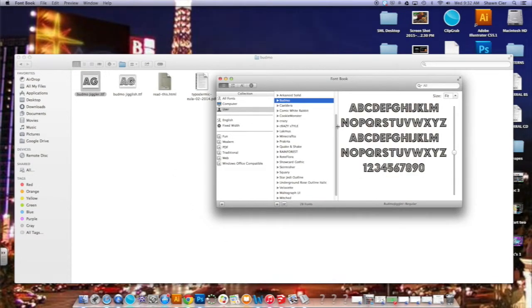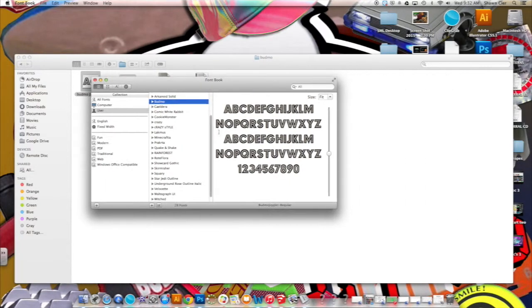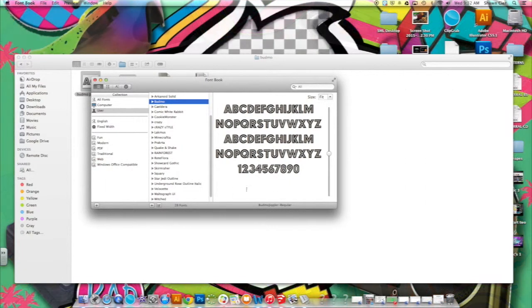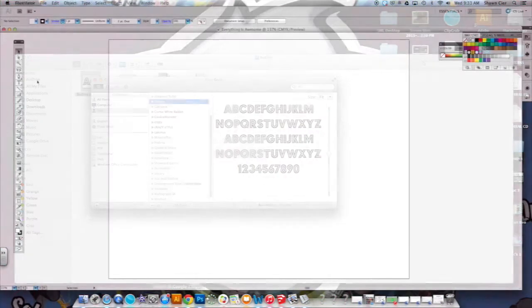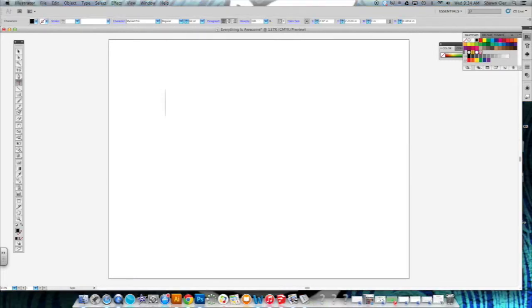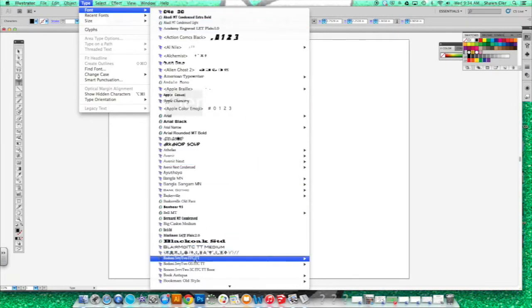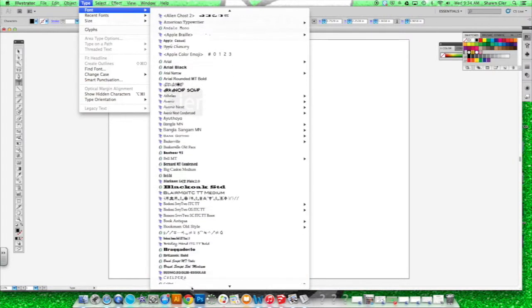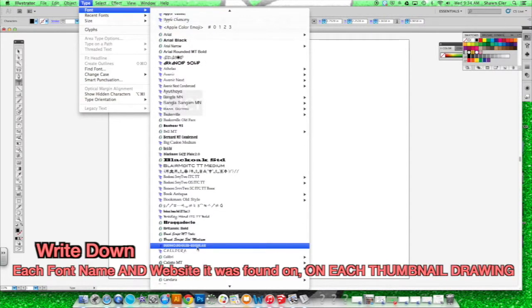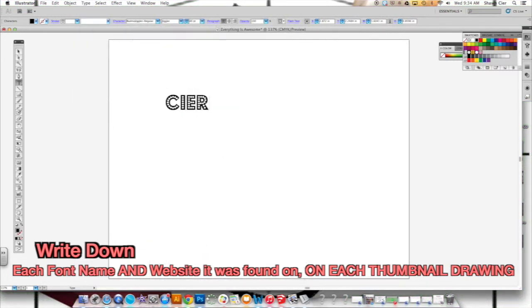So the font that I chose should pop up, and I might have to click one more thing like check it off and click yes or something like that. It doesn't seem to be happening here. So to fast forward in the project, when I go to the text tool and I type in my name and highlight it and then go to type font, I can look down this, and if I remember the name, which by the way, you should be writing down the names of all the fonts that you choose, I can look it up, and I now have that text in